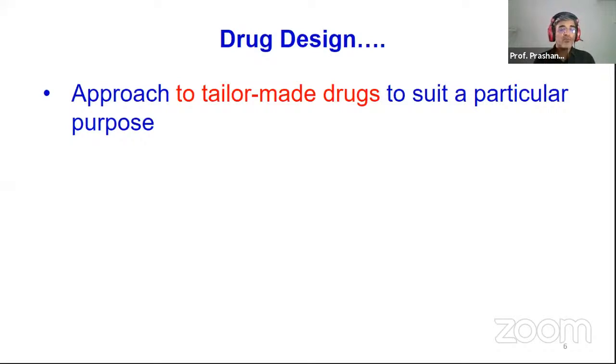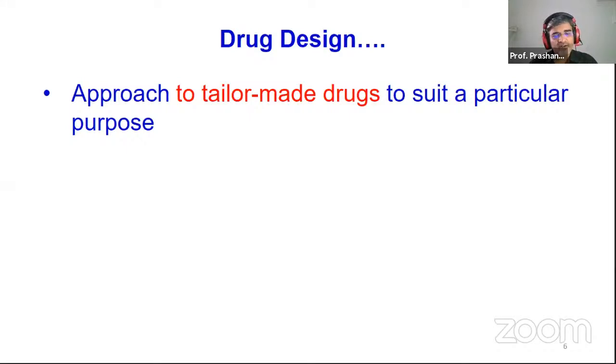Of course we don't know much about the virus, although we know a lot today compared to what we knew in January or so, or maybe before that. So the more you know about what you want to discover or design molecules for, the better it is to handpick those molecules which are likely to do the job. Because we did not have much information about the virus, we did not have much time, that's where people resorted to another approach called drug repurposing.